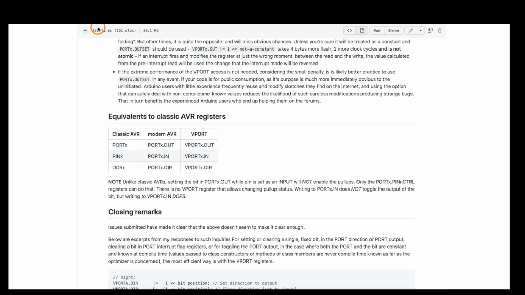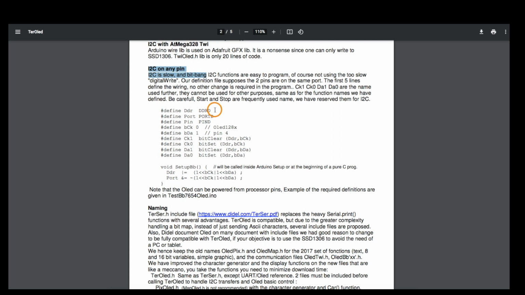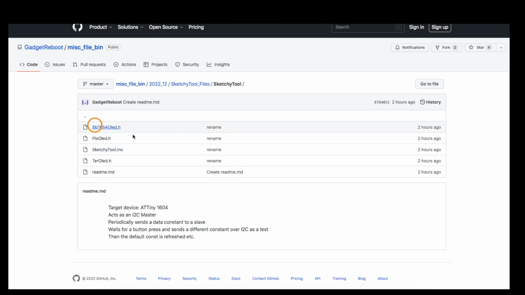So over here, in the info for this megaTinyCore that gives the Arduino support for these newer ATtiny chips, the classic Atmel parts refer to, for example, port whatever and pin whatever and data direction register whatever in a different way. So port something .out or .in or .dir. And so I went and found where this is located in this OLED code, and that brings us over to